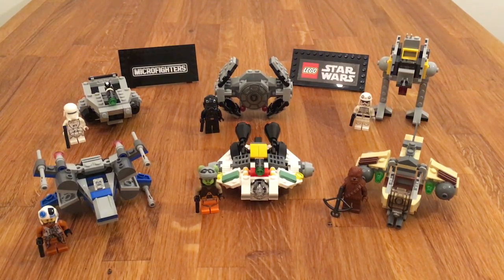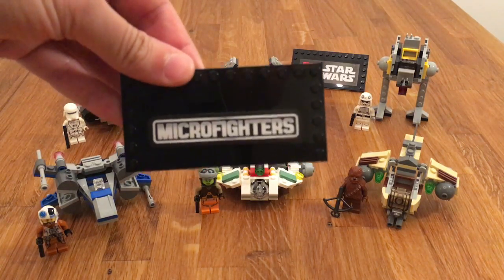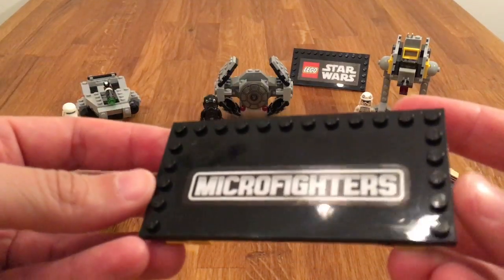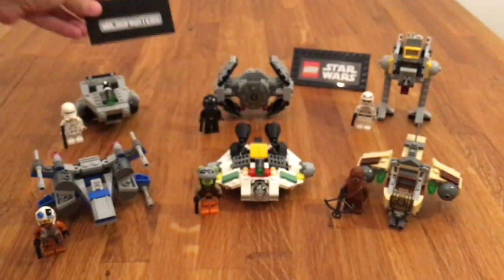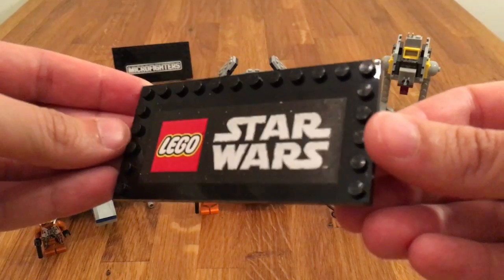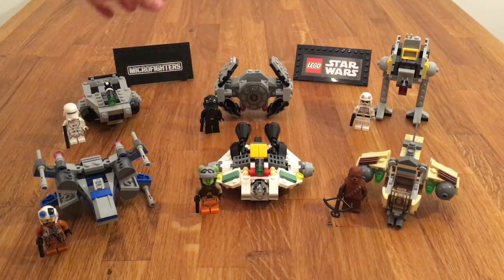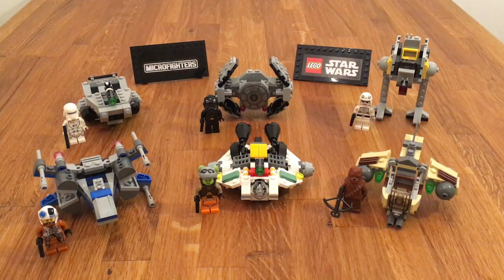And especially for this review, I made two little signs. A Microfighter sign, which is just a modified plate with a sticker on it, and a LEGO Star Wars sign. Same story, but different sticker. I got those stickers from a BrickLink order a while ago. They were free, so I thought let's use them in one of my videos. So let's dive in. I'm gonna review all the sets by set number, which means I will have to start